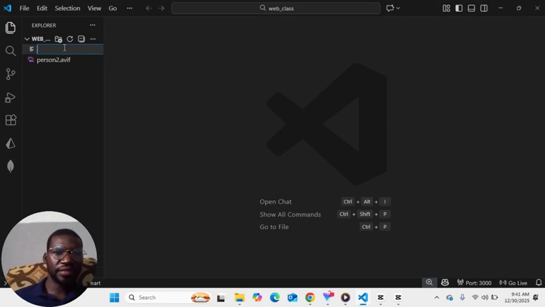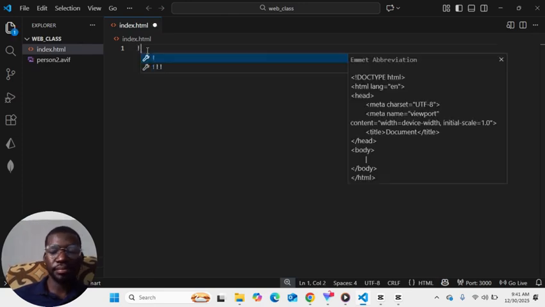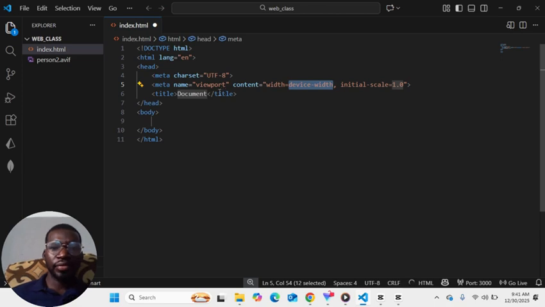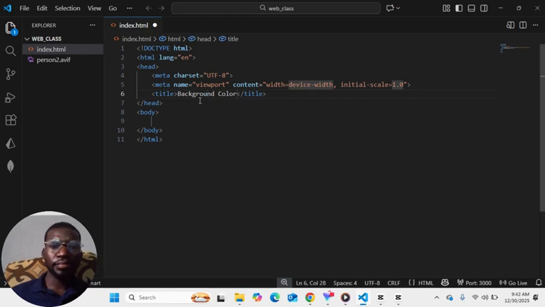We're going to create a file called index.html and we're going to add a boilerplate to it. So our title will be background color,